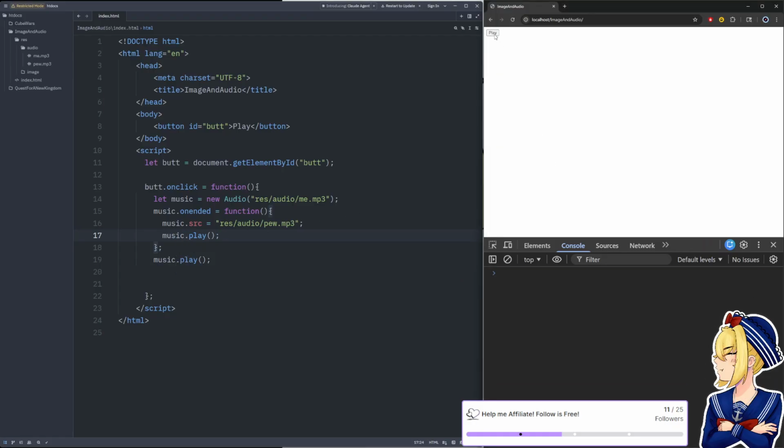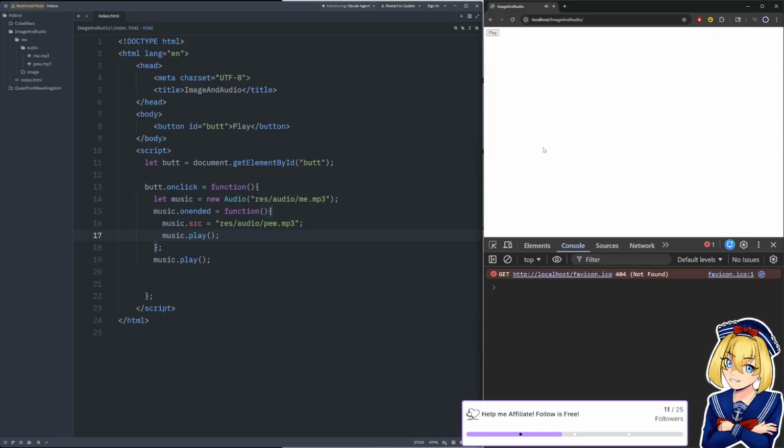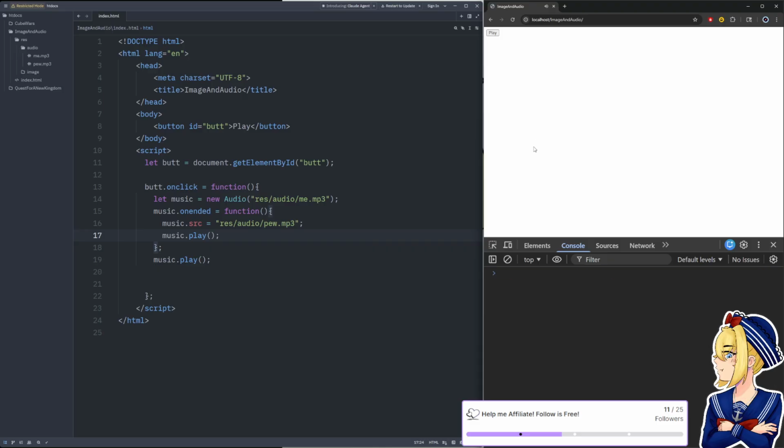Let's try that out. Pew, pew. The reason that it kept saying pew is because we still have this listener on music. So when pew ends, it sets the source back to pew and plays it again. So we're in this infinite loop of pew, pew, pew. But I guess that does work. Changing the source will set the timeline back to the beginning, which is interesting to note.